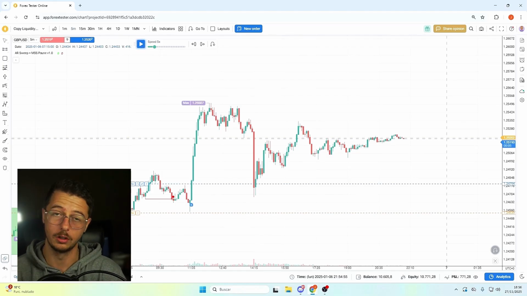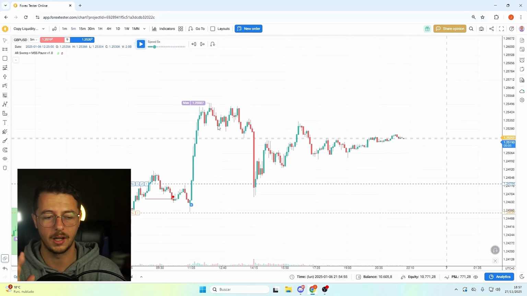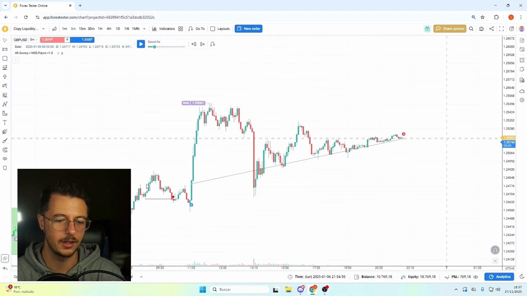I mean, I'm not going to have any problems with that, but obviously we have left some profits on the table and we must take that into consideration for further backtests. But in any case, we are going to close basically here, and there we go. We've made, in 3 days, we've already made a